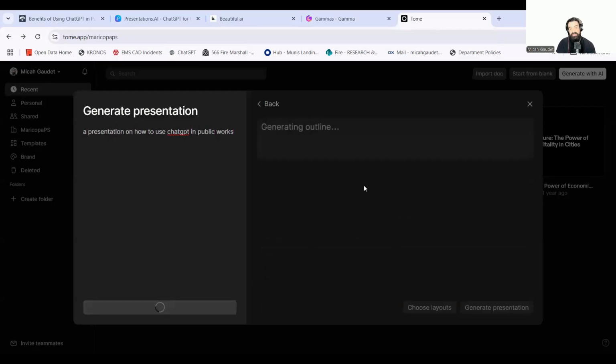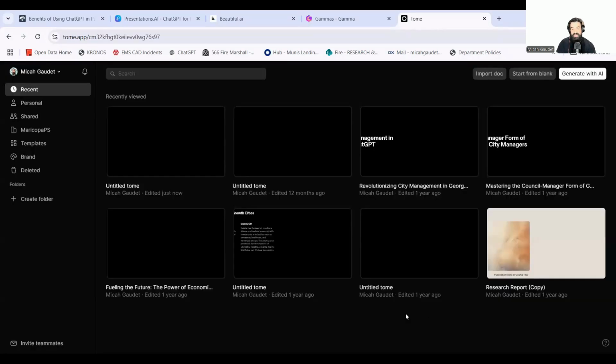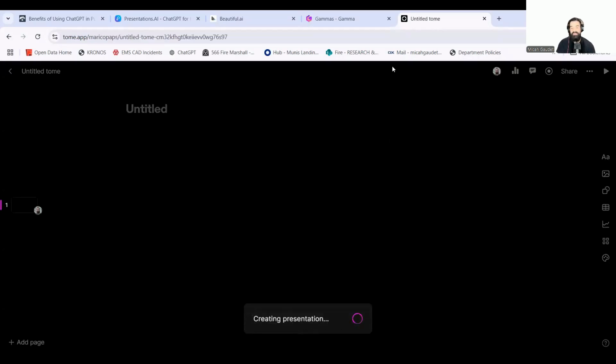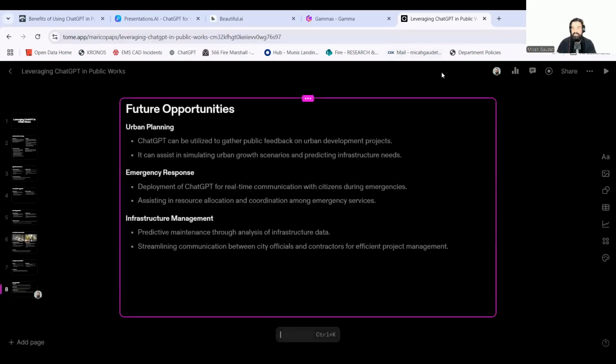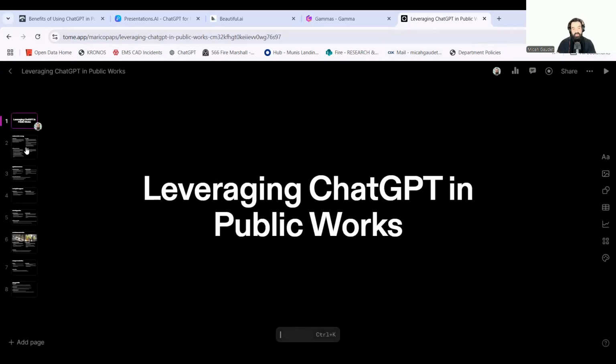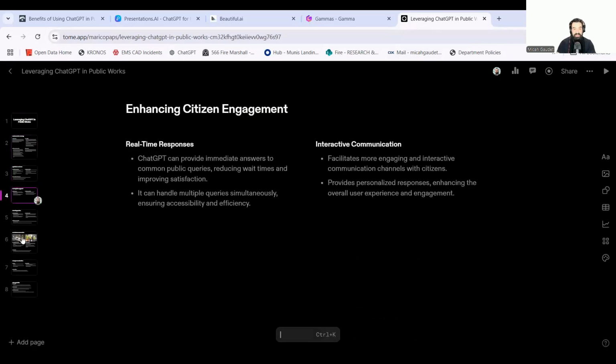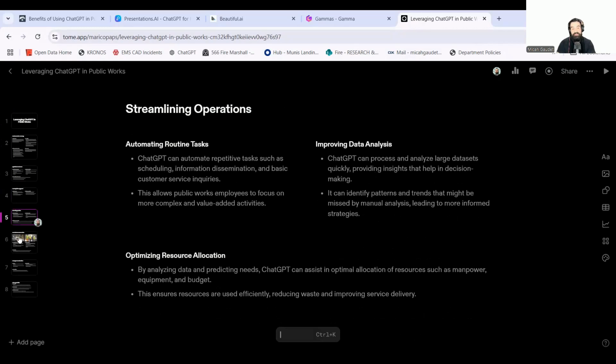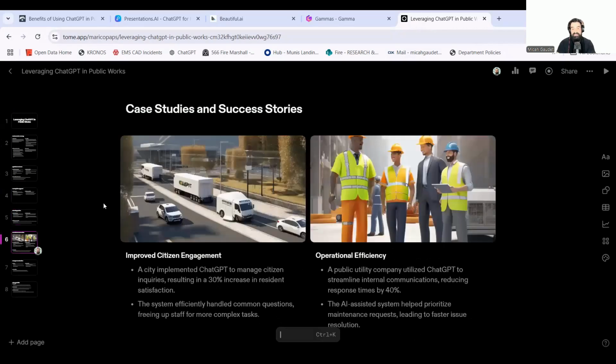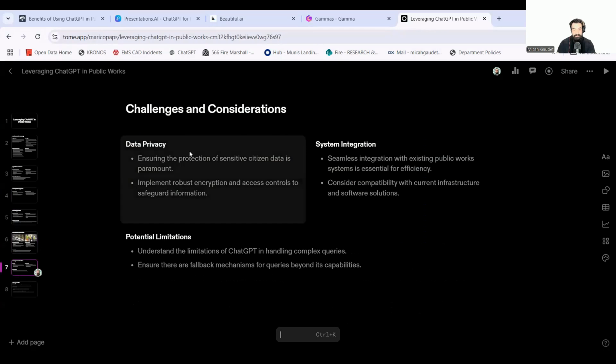First, it starts with generating the outline and then generate. I could have picked different layouts for this one. I'm just going to go ahead and click generate right away and see what it comes up with. All right, let's go ahead and take a look at this. Leveraging ChatGPT in public works, overview the technology, applications, enhancing citizen engagement, streamlining operations, case studies and success stories, challenges